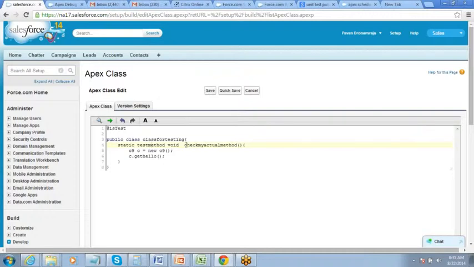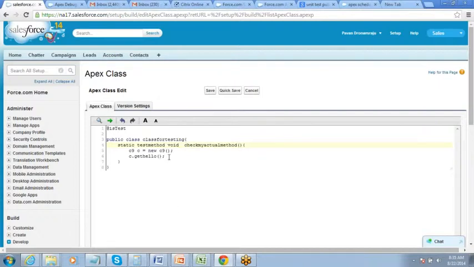If you are performing an insert operation inside the test method, you say insert A. That insert A will actually not insert any record in the database. Test methods never commit actual data. That completely works in a dummy environment, and it is just for testing. So while testing, you don't need to worry. You can just define a dummy record and then test it.